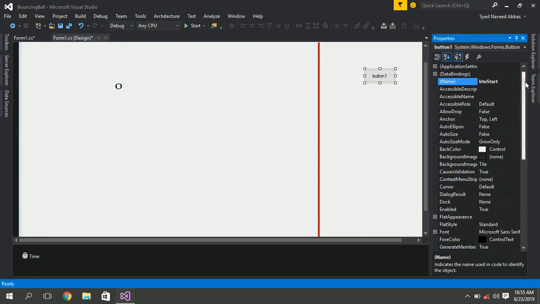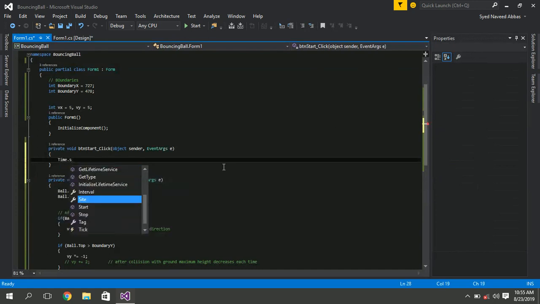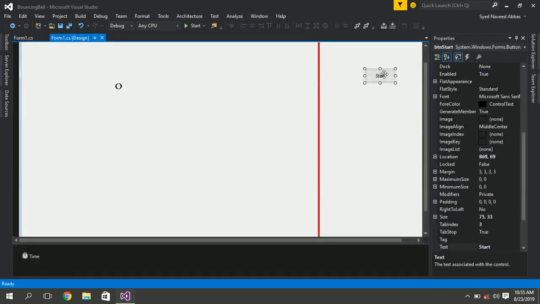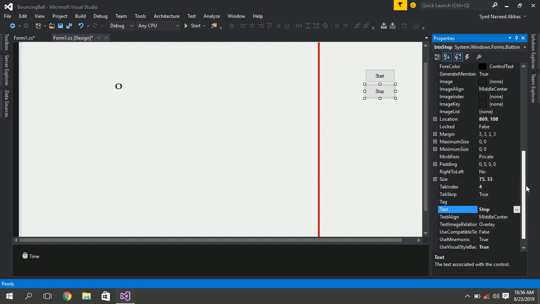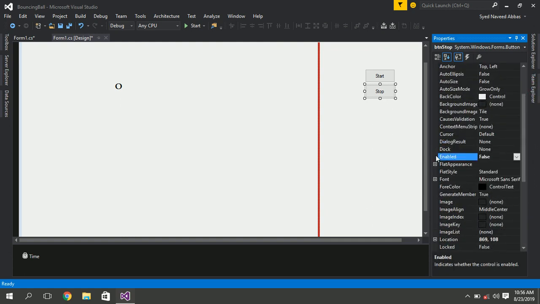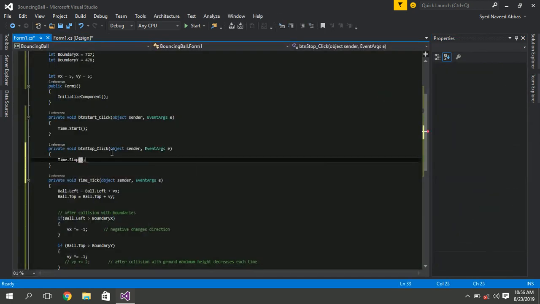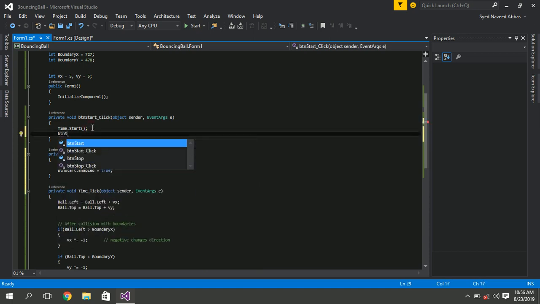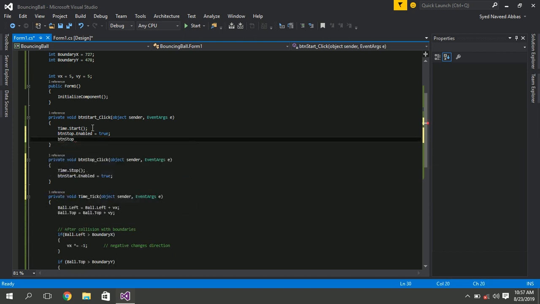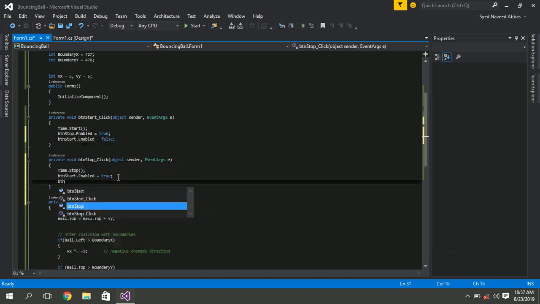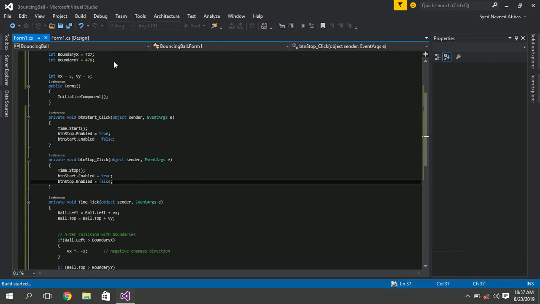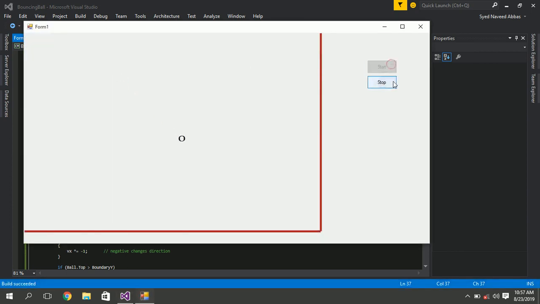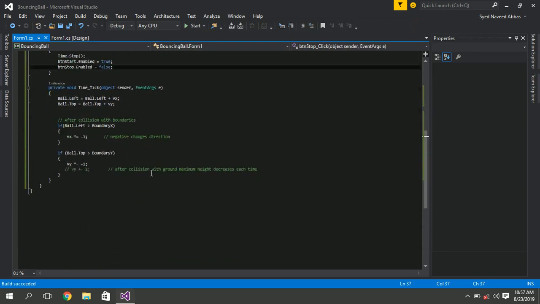Creating buttons to start and stop the animation. We forgot to code the other boundaries.